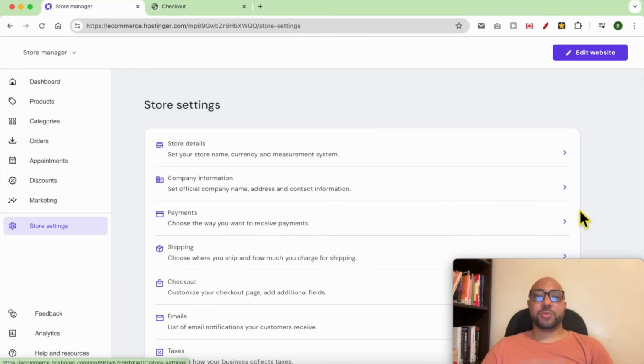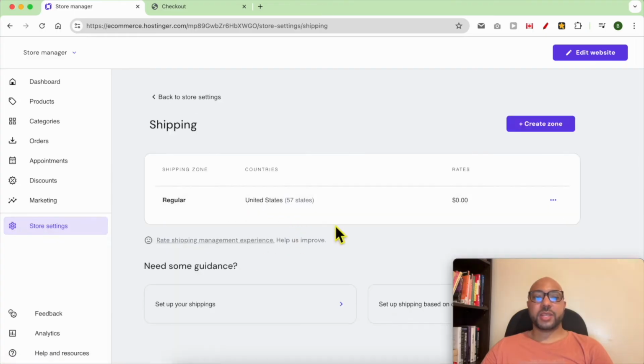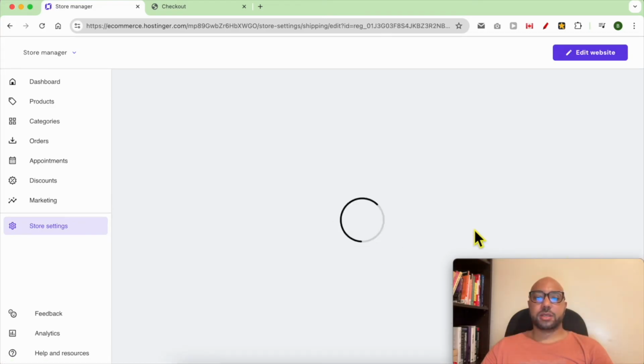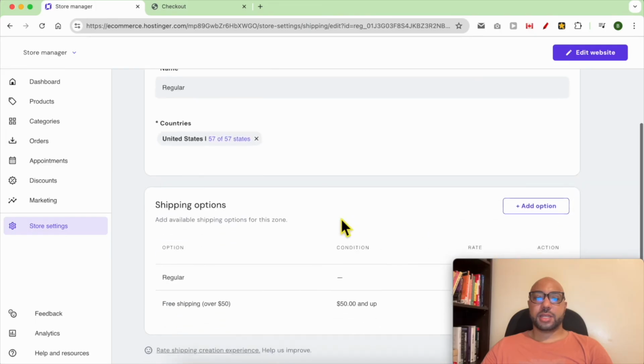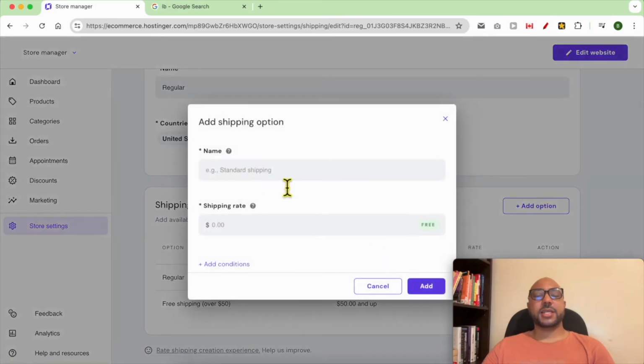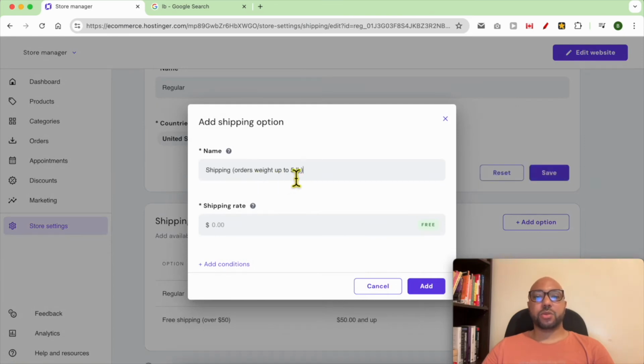Now let's set shipping options based on the order weight. Click on store settings and go to shipping. Click on the shipping zone you want to set up this shipping option for. Then click on add option. Let's say I want to offer a shipping option, for example, up to 5 pounds with a shipping rate of $5. Give your shipping option a name, for example, shipping orders weight up to 5 pounds,